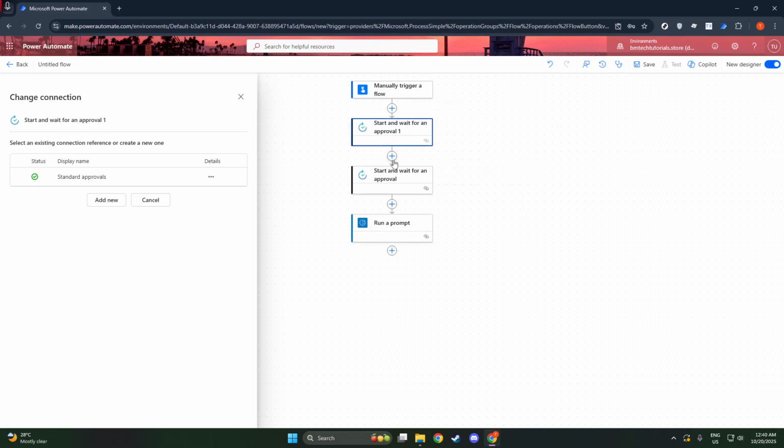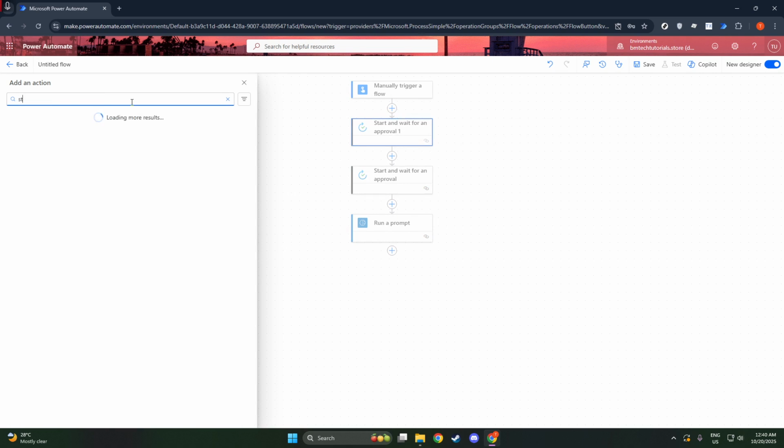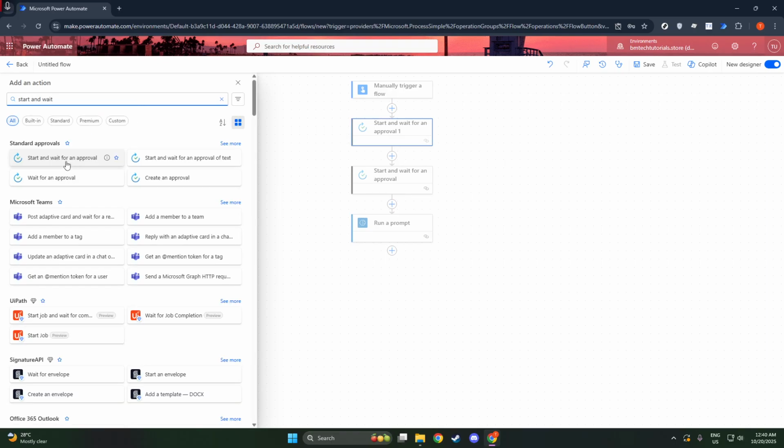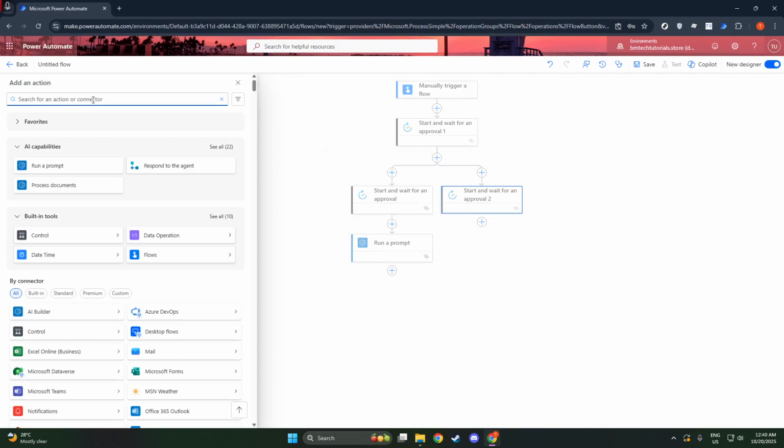Next, it's important to add logic to each of these branches to handle the outcomes of these approvals. After the approval action in each parallel branch, you'll need to add a Control and Condition action. This is where you define the next steps based on the responses from each approver. In these conditions, you will set up if yes and if no branches to outline what should happen in either scenario. For instance, if approval is granted, you might update a SharePoint column to reflect the status from that specific